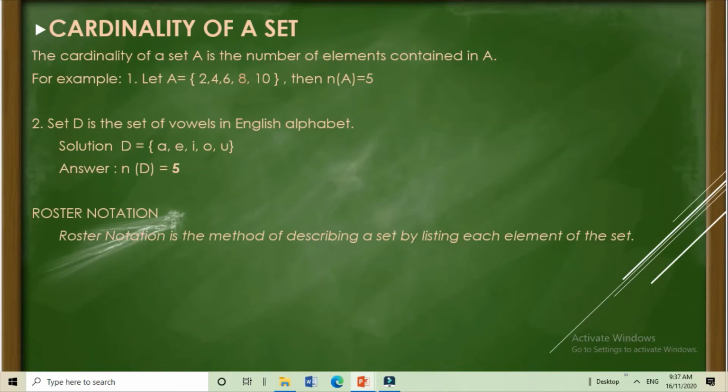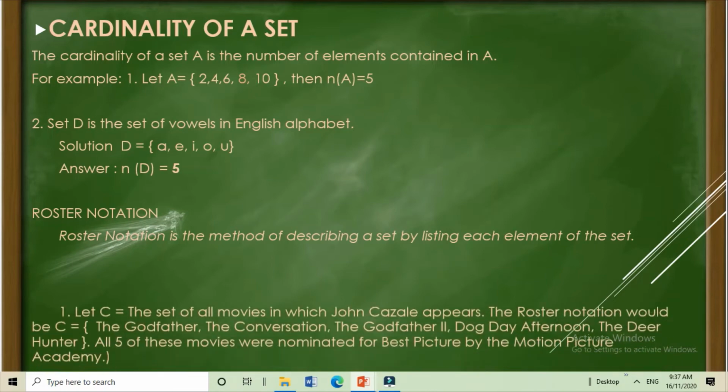Roster notation. Roster notation is the method of describing a set by listing each element of the set. So, in roster notation, we're just going to list or ililista mo yung lahat ng elements ng isang set.